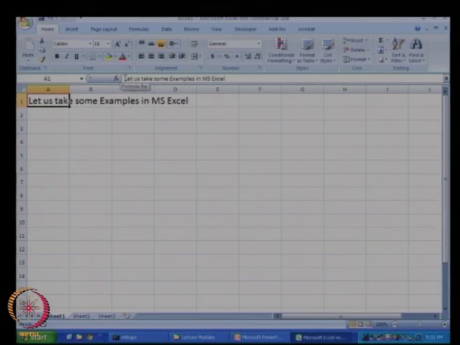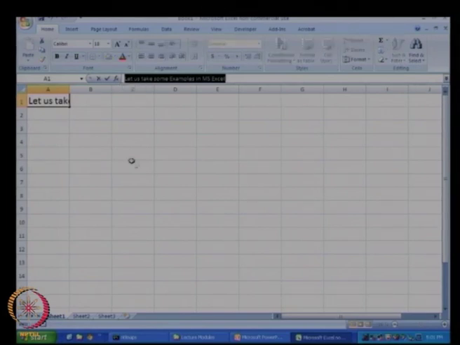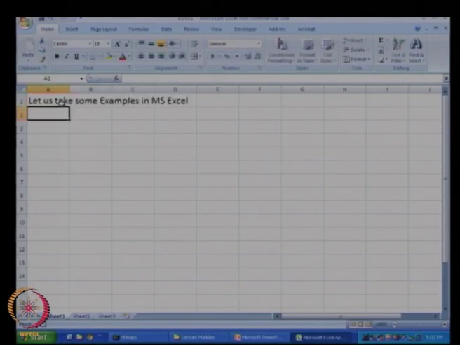If you look at the formula bar, whatever we have written over here appears in the formula bar, and this is the overall thing that appears in that particular cell. As you will find, the amount of material that we have put in this cell exceeds the width of this cell. So what we will do is go over to multiple cells and merge them.